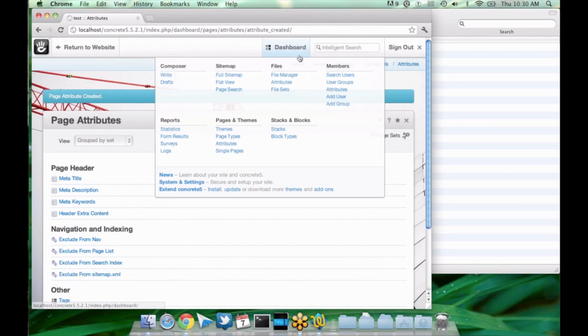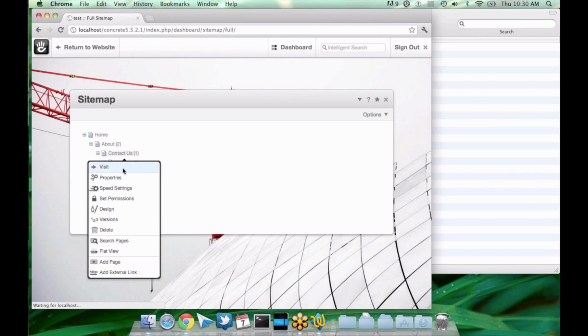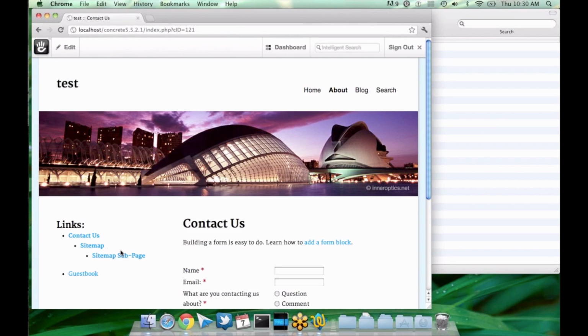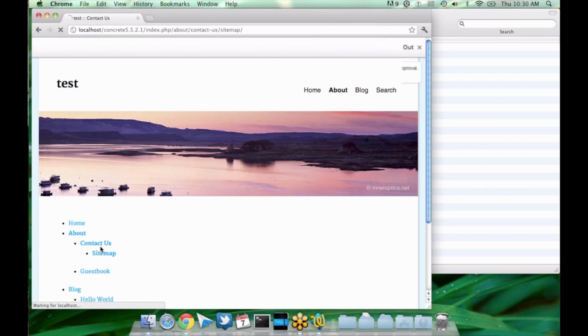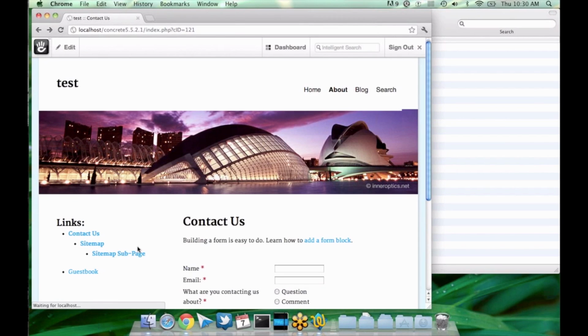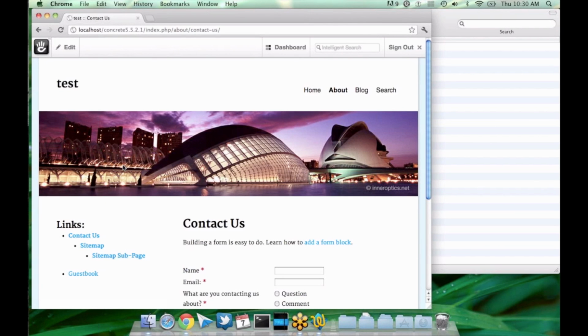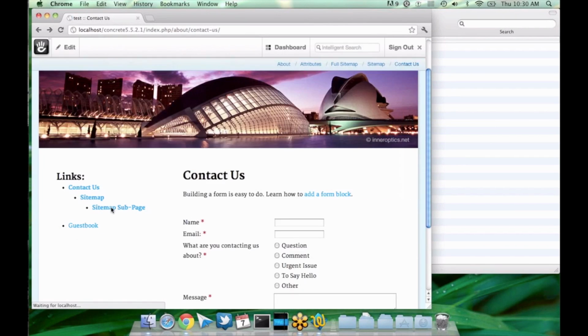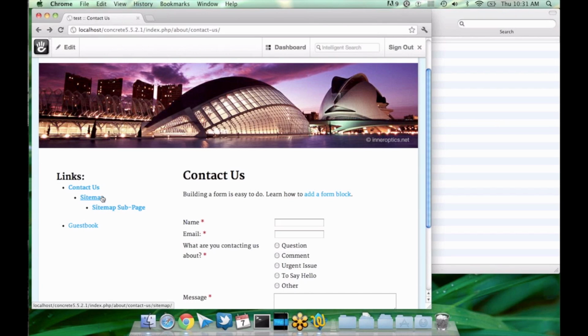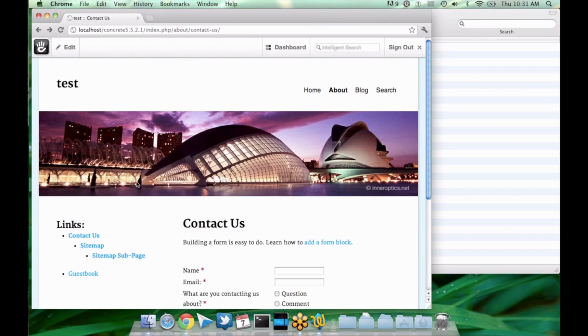And then once that's created, you can use this attribute to force people who click on a particular link in their AutoNav to jump to the first subpage of that. So for example, let's say the contact us page was just a holder page for the sitemap page underneath it. I'm sure you've seen a lot of sites that are built this way, where when you click into a page in the left-hand nav, you're actually jumping into the first child page of that option in the nav. So in order to do that, when you click into Contact Us, you're on the Contact Us page. But if you wanted to jump into Sitemap,